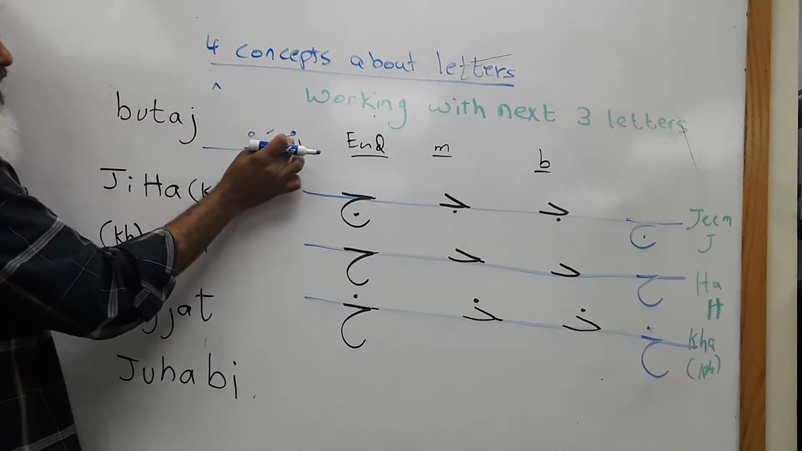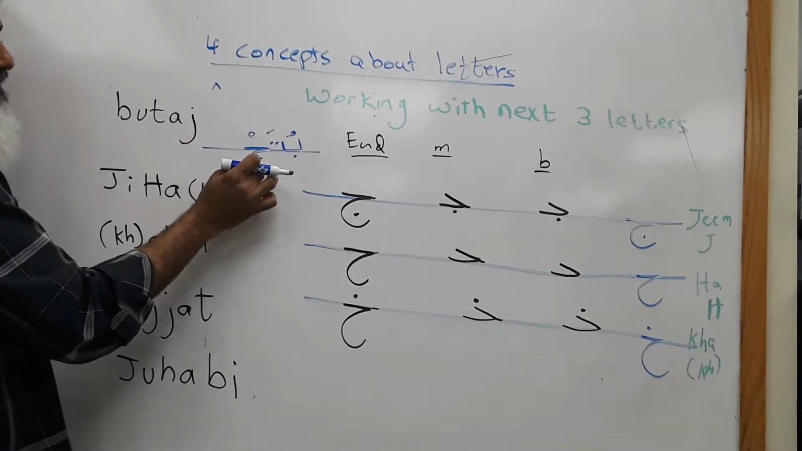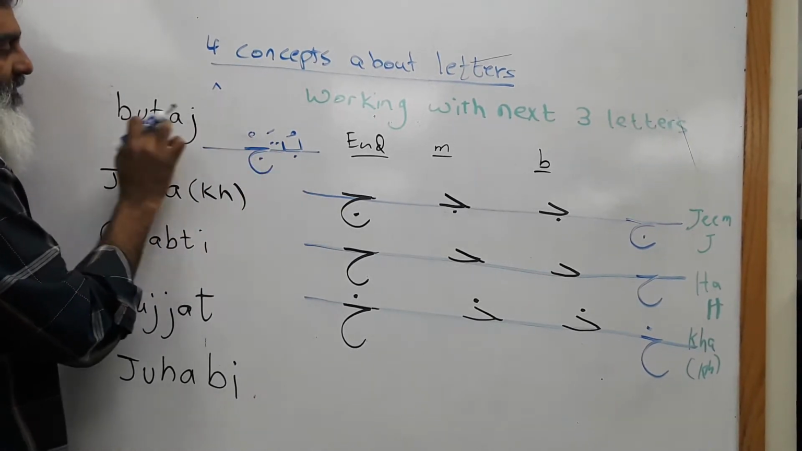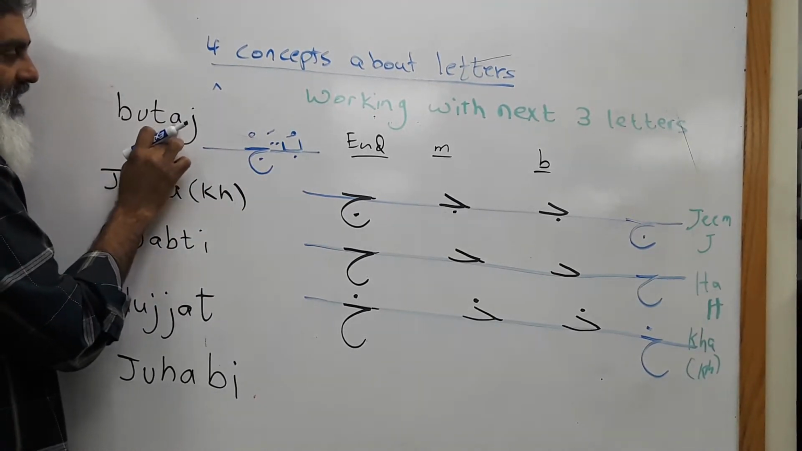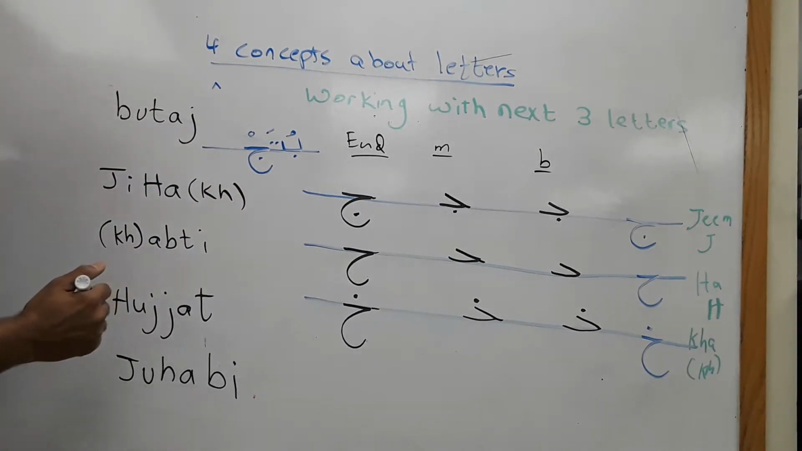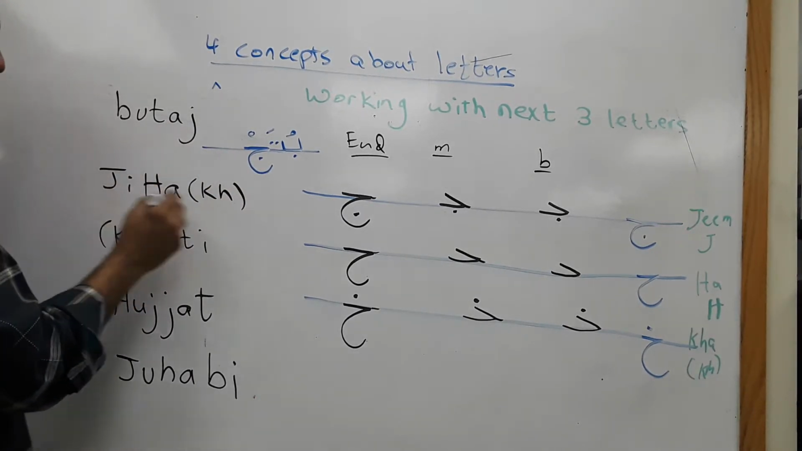The letter, vowel, letter, vowel, letter, no vowel, so you have to put a sukoon. Letter ba with dhamma, letter ta with fatha, letter jim with sukoon. Hopefully this makes sense so far. Let's continue. Next word,